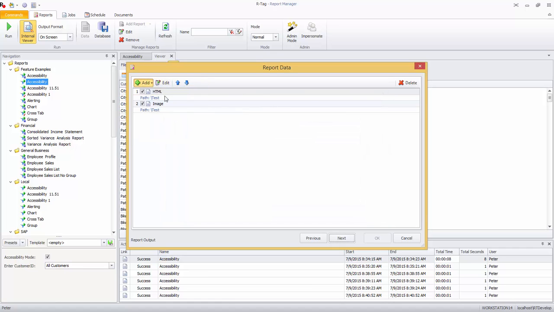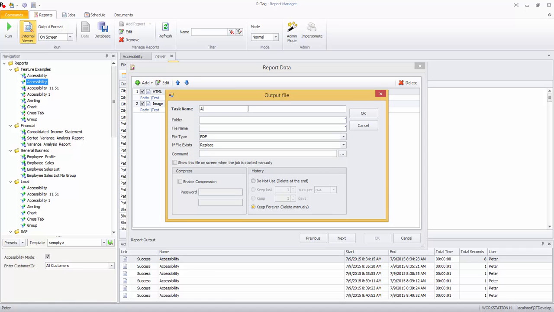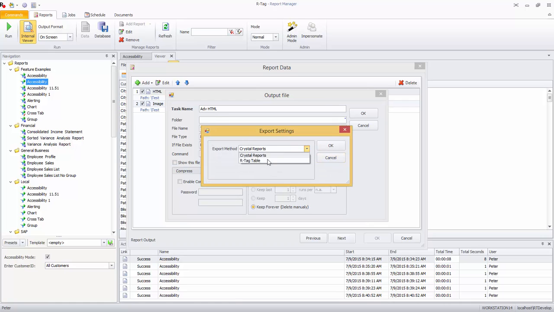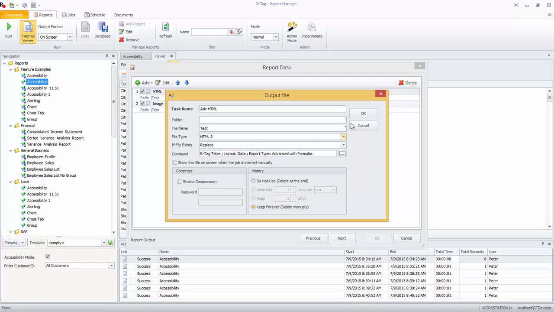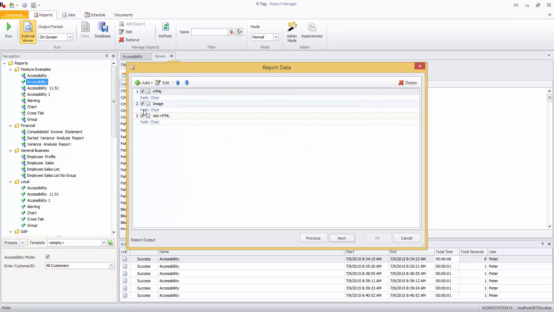And the third export will be advanced HTML. So I'm selecting HTML3, and then command and export type will be not crystal reports anymore. I'm going to use RTAC table, and I'm going to use the data layout which I just created. Now once these 3 files are exported, I'm going to add them to an email,